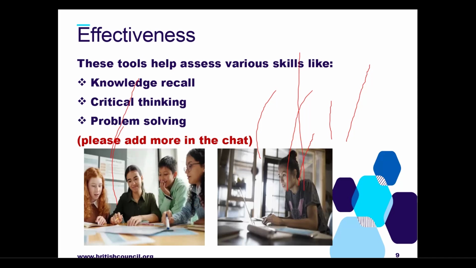If you know maybe the Book Creator can help in critical thinking, if you know maybe this tool can be for this work, we'll appreciate it in the chat so that we know which specific digital assessment tool can be effective for a specific skill. I think that is okay, Rukia.